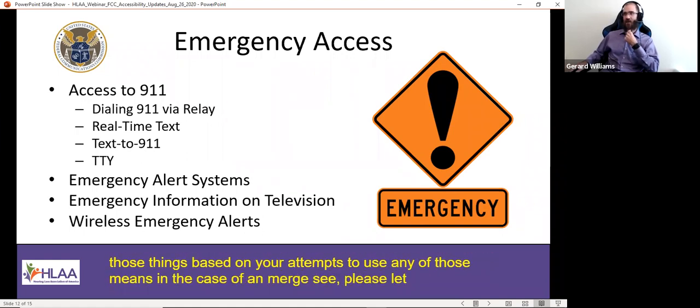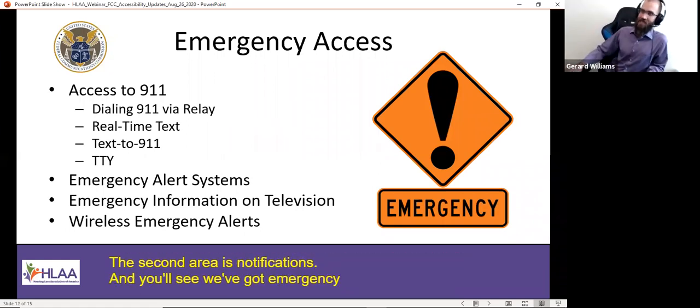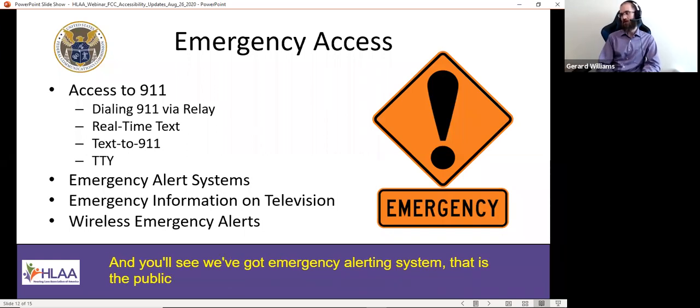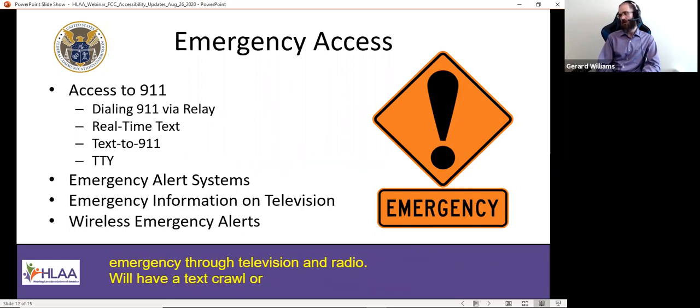The second area is notifications. And you'll see we've got an emergency alerting system. That is the public nationwide system that will notify you of an emergency through television and radio, and will have a text crawl or will otherwise take over your screen with information visibly available there.